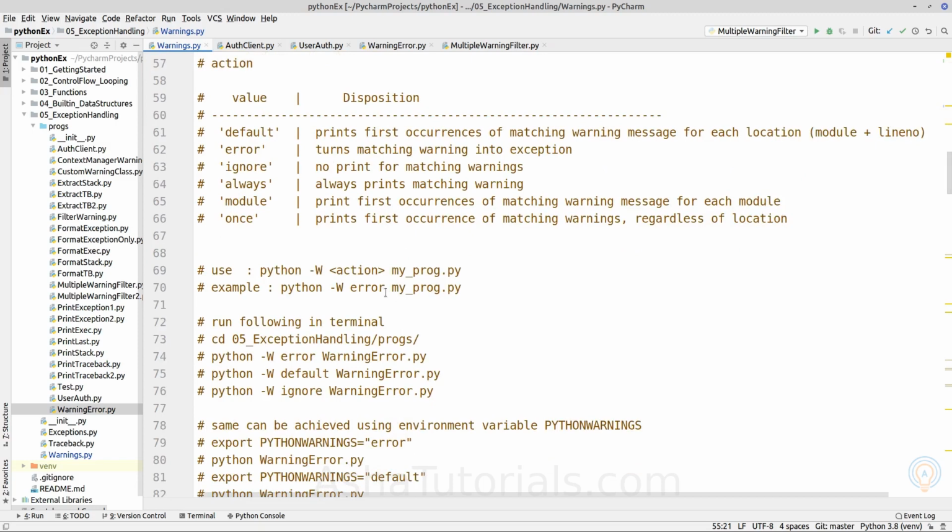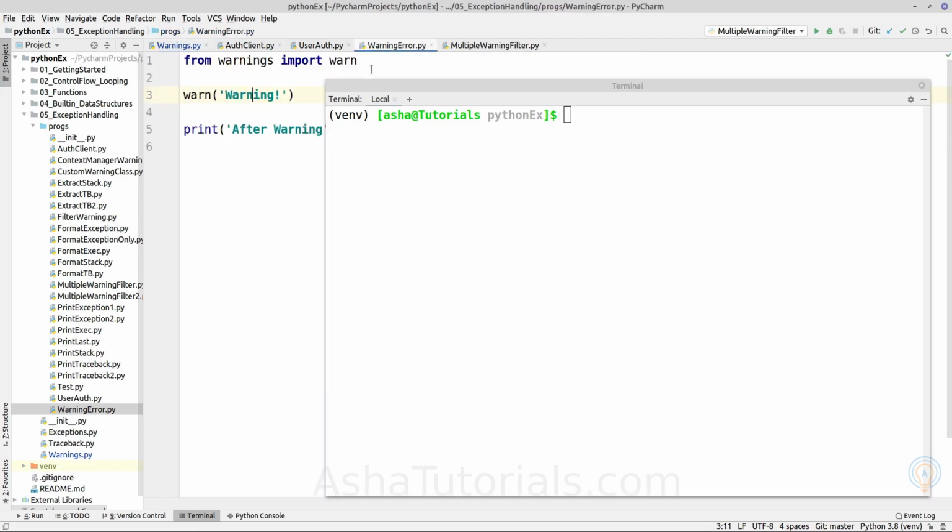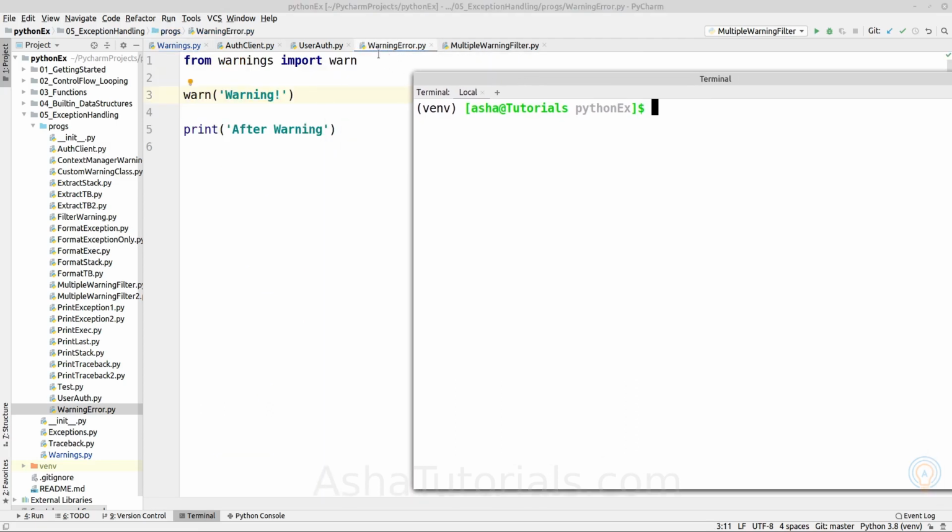Now let's see the same behavior by executing the program. Here we will consider this file warning error.py. We will execute it with different configurations. Inside it, as we can see, it is raising a warning message with warning.